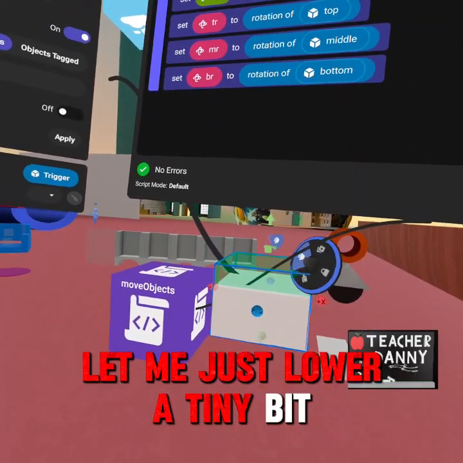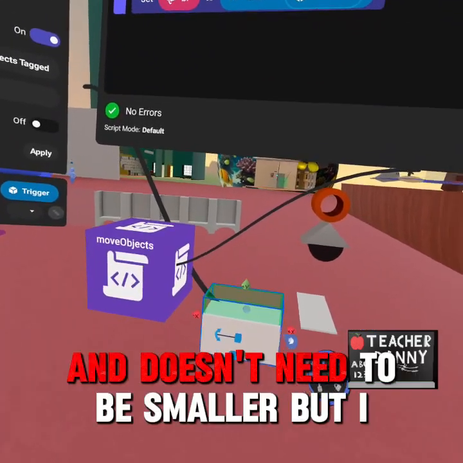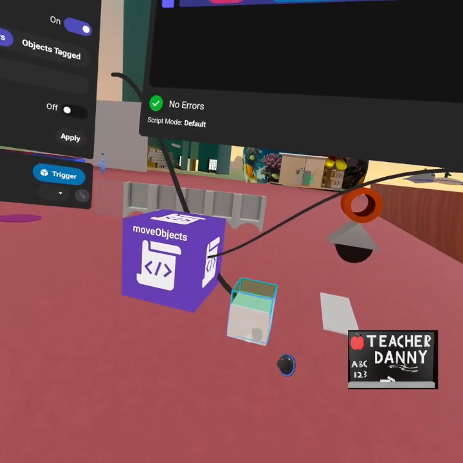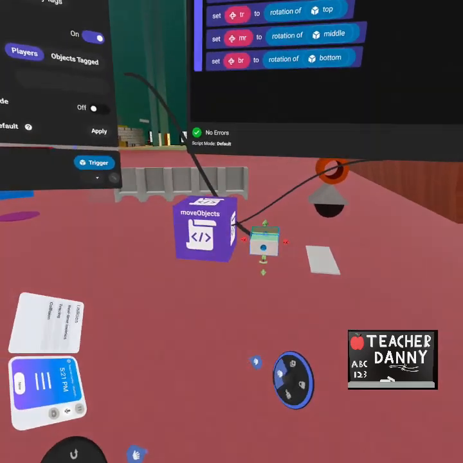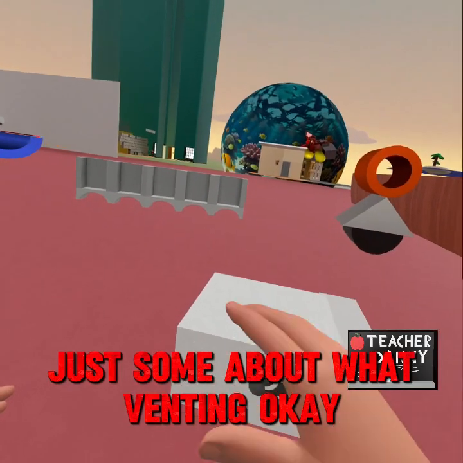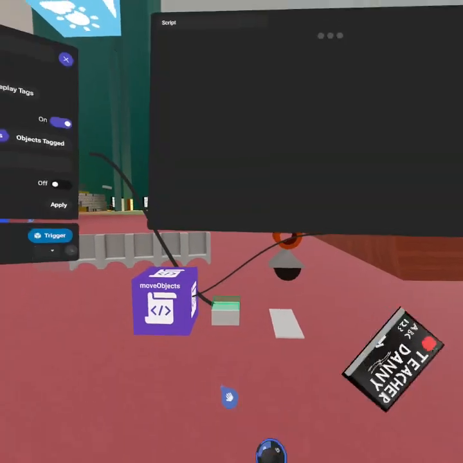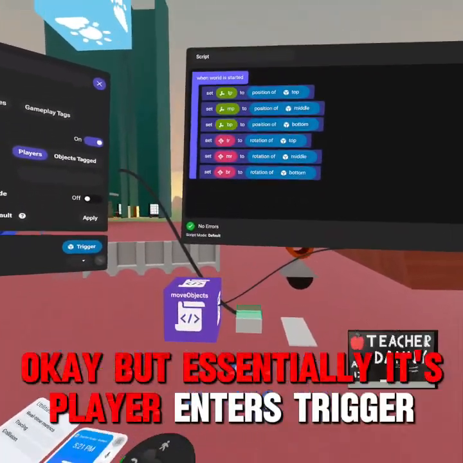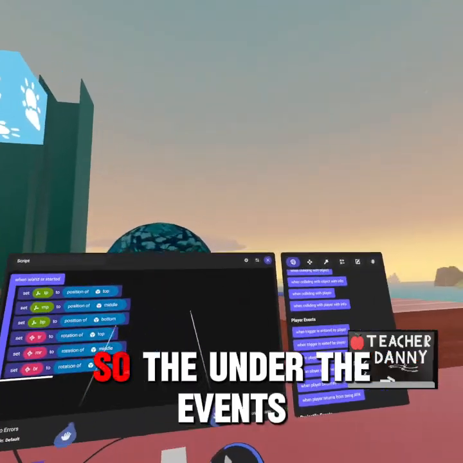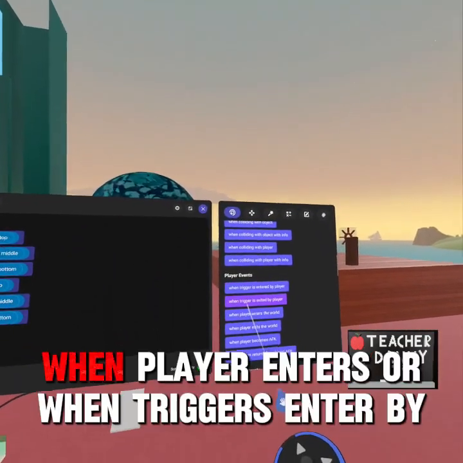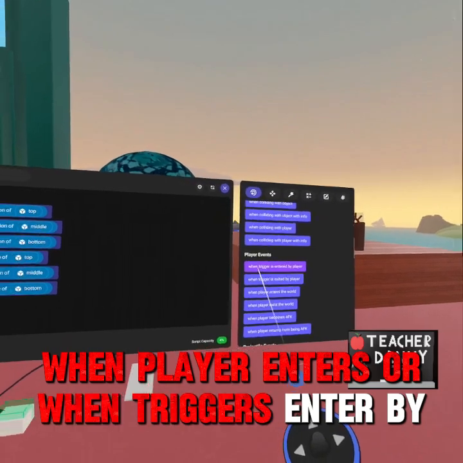Let me just lower it a teeny bit. It doesn't need to be smaller, but I don't know. Okay, so that's me touching the button. Essentially it's player enters trigger. So under the events, when player enters, or when trigger is entered by player,